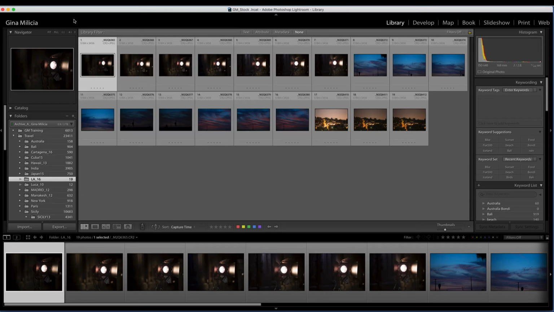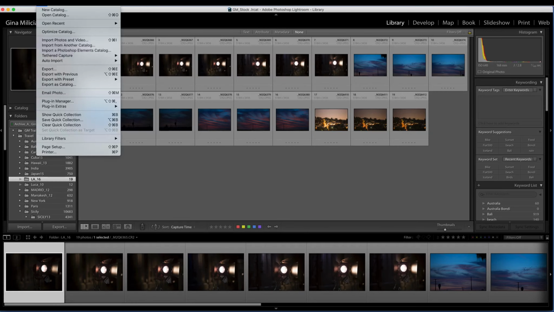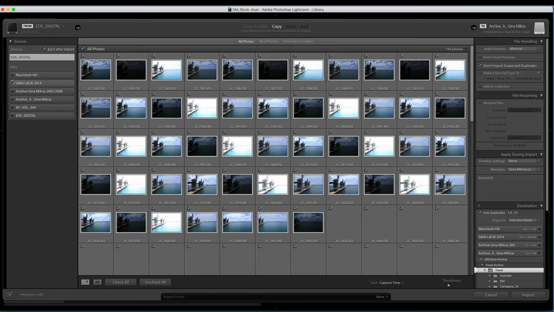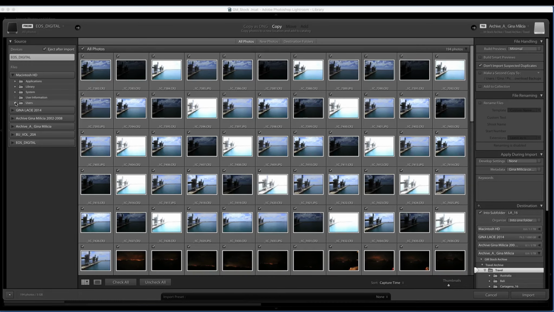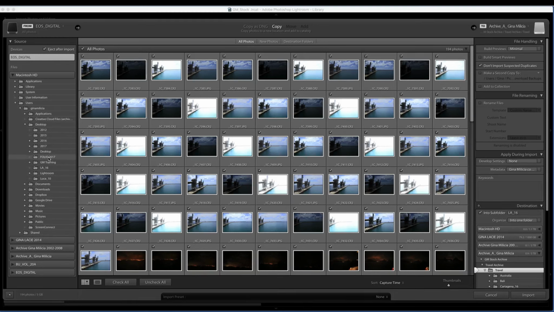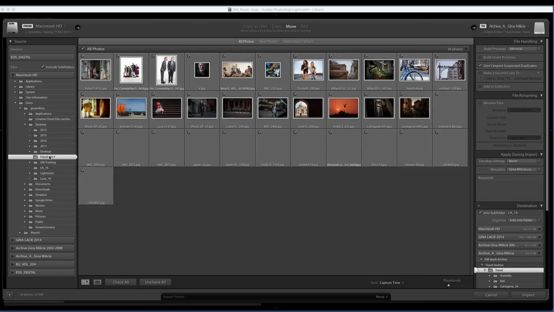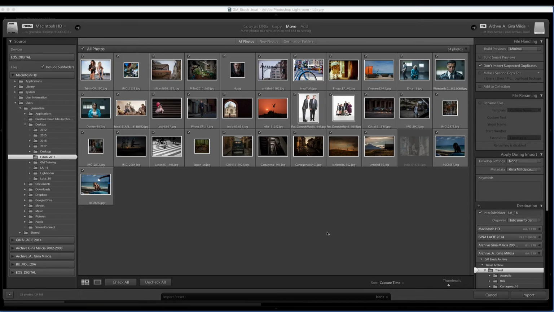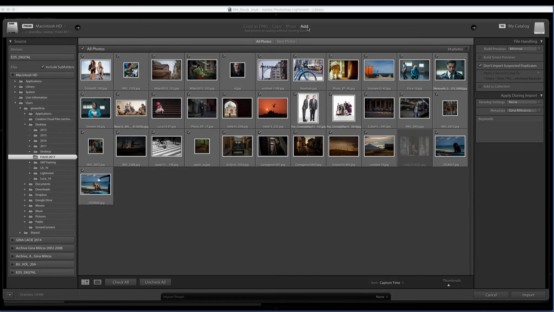The third way that you can add images to your Lightroom catalog is, let me just get a new import going. All right, so again, I'm going to go to my hard drive, onto the desktop, and I have Folio 2017. So there are all the images there. And I can now choose to add photos to the catalogue without moving them. And so if I go ahead and do that,